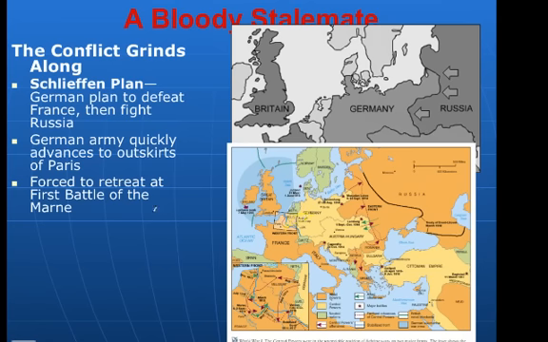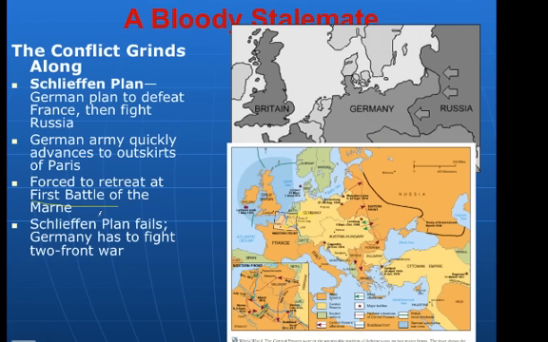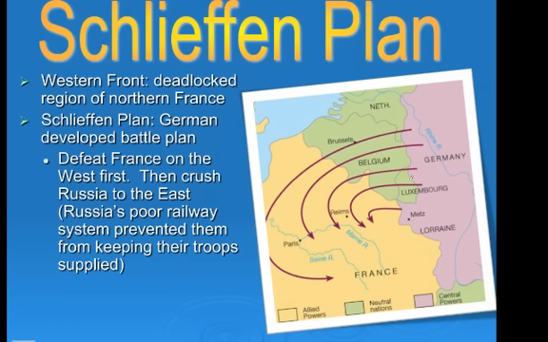Alright? And what happens at this key battle, the First Battle of the Marne, the Germans are turned back. So here's Paris. The Germans cut through Belgium to get there. The French are able to stop them, so the von Schlieffen Plan fails. Hashtag fails because of the Battle of the Marne. The von Schlieffen Plan, again, instead of attacking down here where the French might have their troops lined up, the Germans decide we're going to sneak through Belgium, and notice if they sneak through Belgium, they can get to Paris